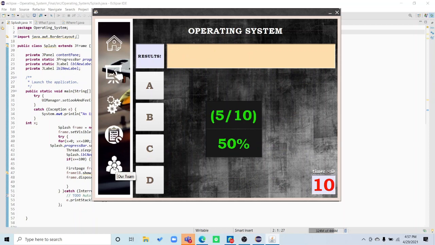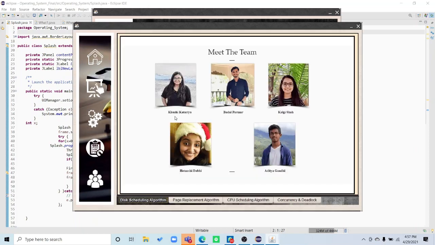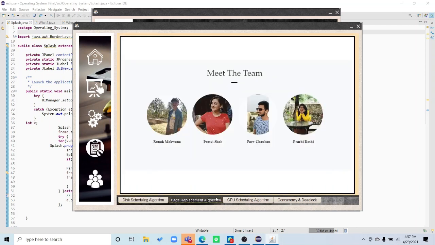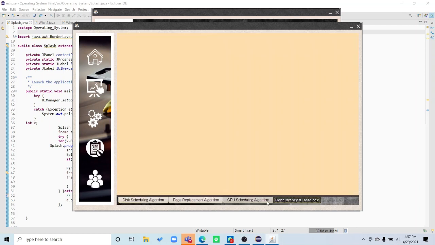The last button is our team button, where information about the team members who have worked on the project is provided. There are 4 tabs on the bottom, each related to a specific project. Click on the tab to know more about the people who worked on that particular project.